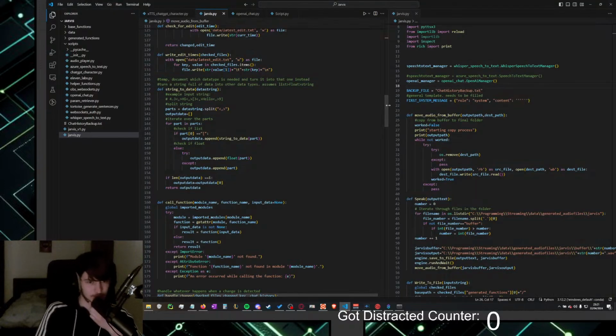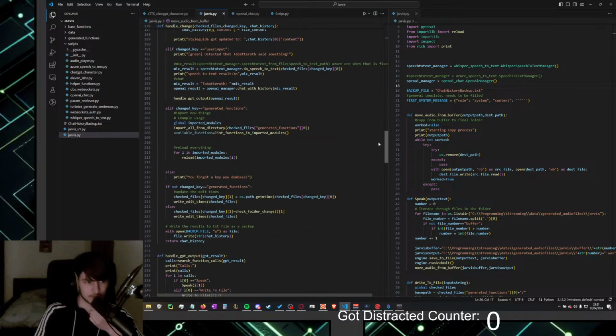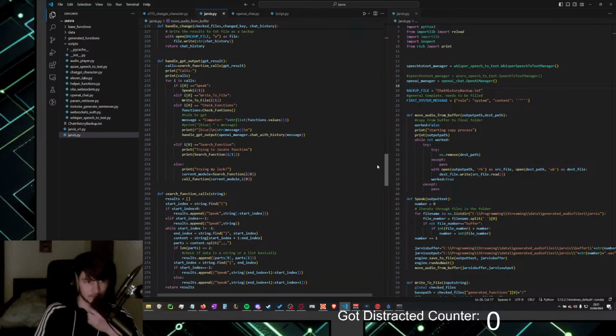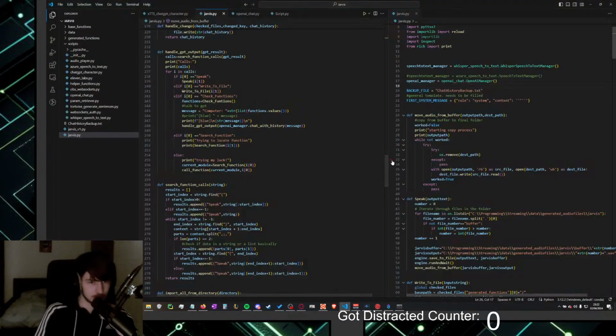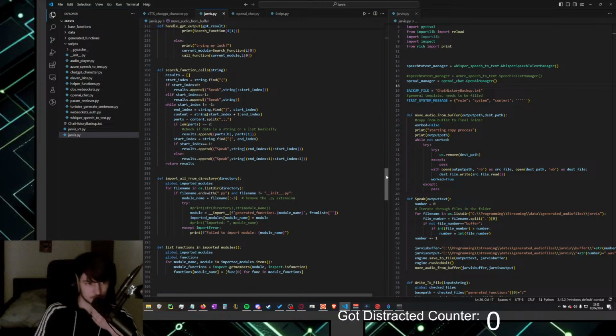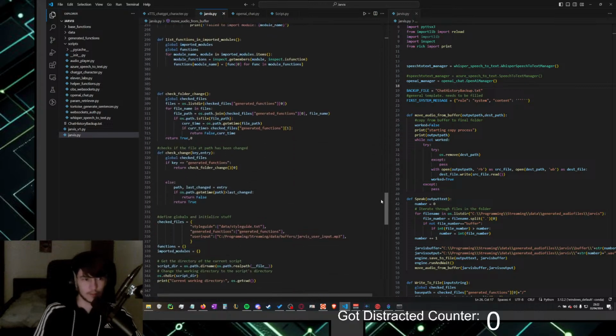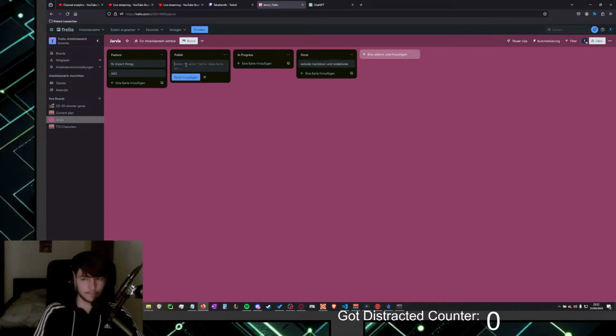So, but there was something else I wanted to fix about Jarvis, but I don't remember right now. Which is why I made the Trello board, so next time I do remember I can write it down. Yeah, for polish: better string, like, how do I call it? Better check for functions and arguments.